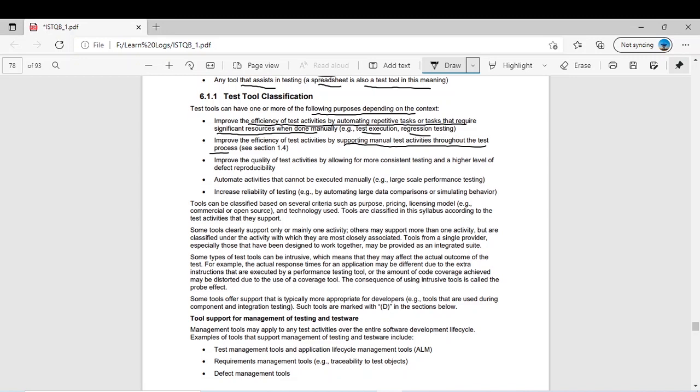So for each of them, if you use some tool to keep track of that activity, it will be very helpful. It improves the quality of test activities by allowing for more consistent testing and a higher level of defect reproducibility. Sometimes